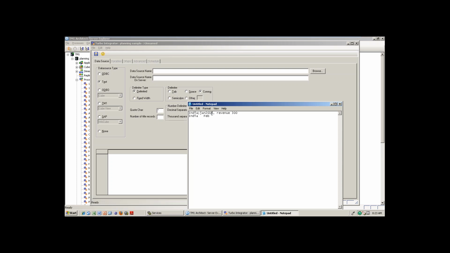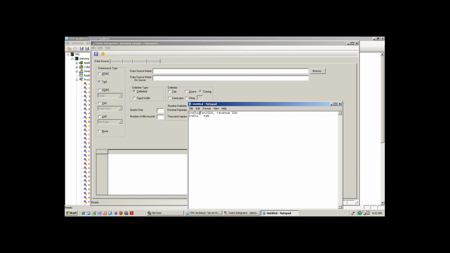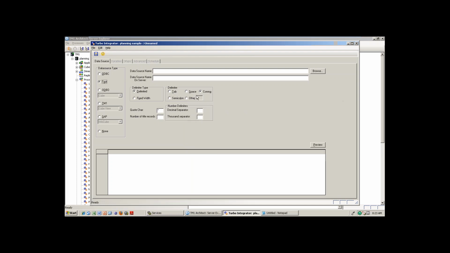Then how to take the values. If each value is separated by, for example, a hash, this value is not available here, so you need to select Other and then put the hash. So like this you need to select first. But if it is a CSV, it is a comma separator, right? So select the comma separator.